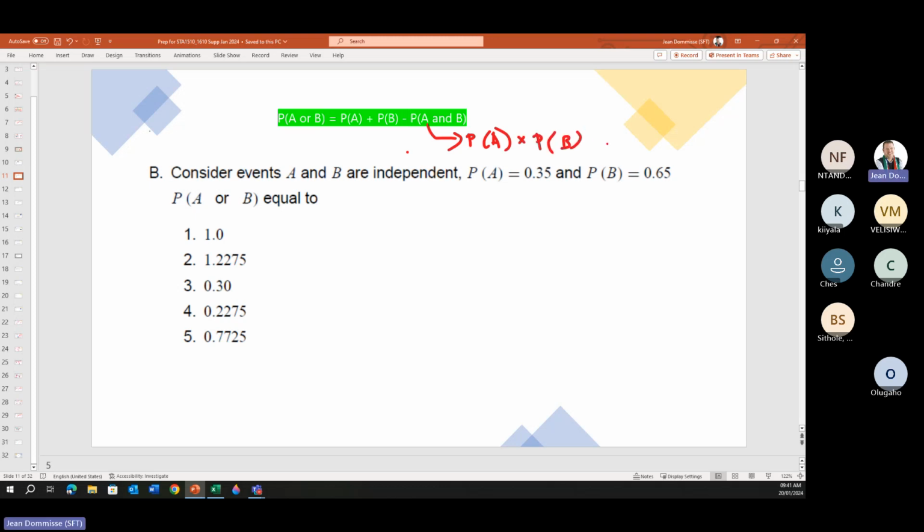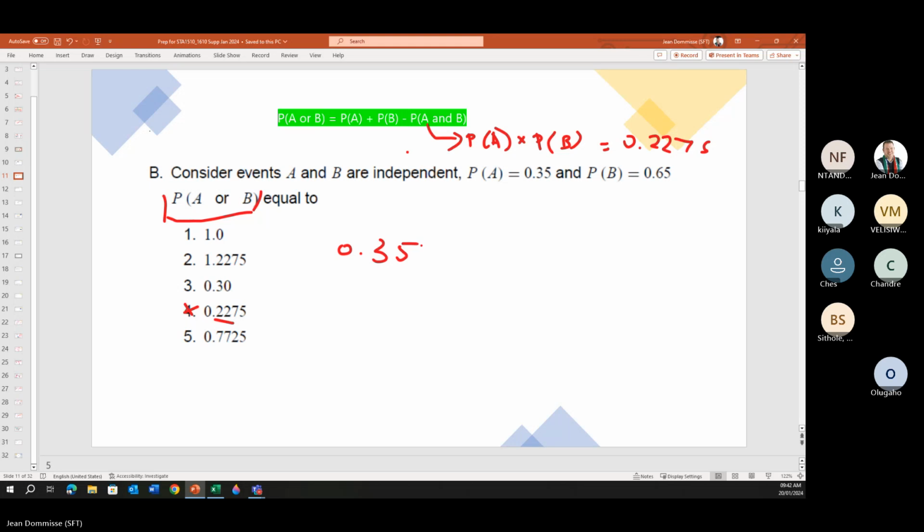Okay. So if it is independent, it's the probability of A times the probability of B. So in this instance, it would have been 0.35 times 0.65, which is 0.2275. Interesting, there is an option like that, but obviously we're looking for the OR. If we were looking for the AND, that would have been correct. Okay, but the OR, so